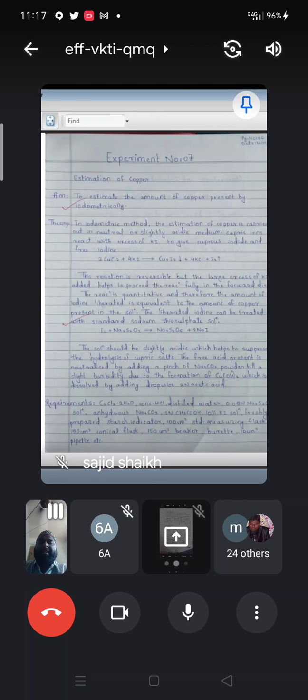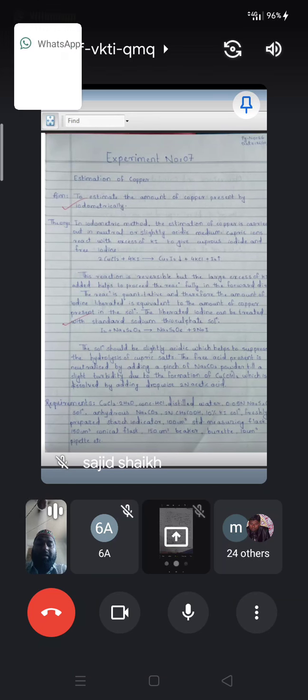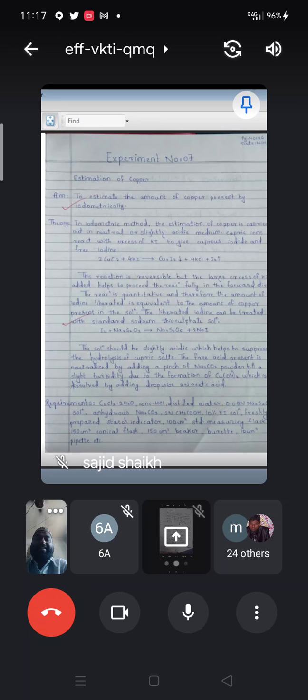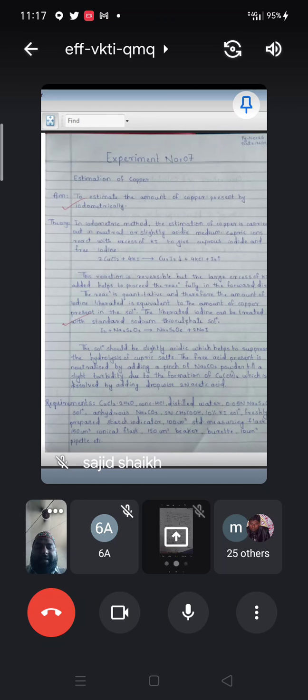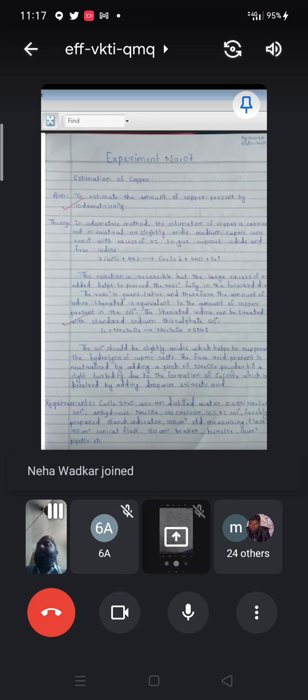You know the basic types of titrations. There are 5 types of titrations. The first one is the acid base titration, also called the neutralization titration. The second type is the complexometric titration, then redox titration, precipitation titration, and the iodometric titration. These are the 5 types of titrations, and generally we use them for different purposes.